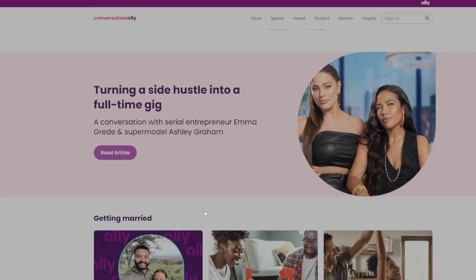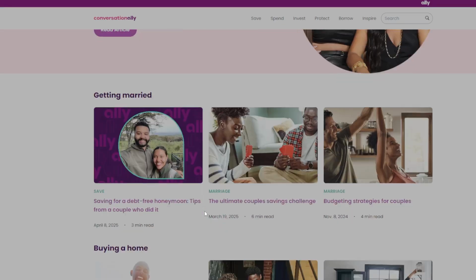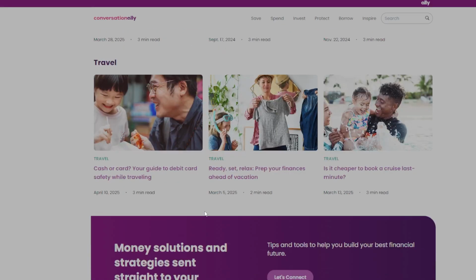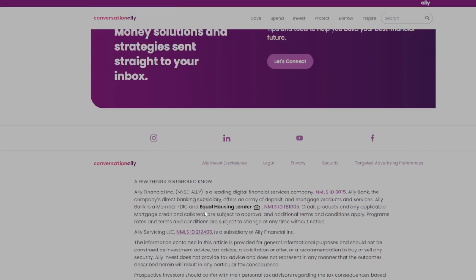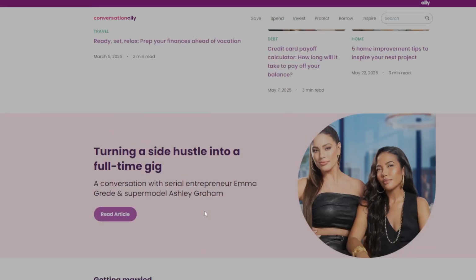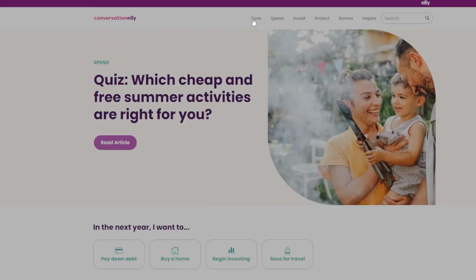Remember, you can create up to 30 buckets within your savings account, each dedicated to a different goal. This allows you to manage multiple savings objectives simultaneously without the need for a separate account. By setting up and actively managing your savings goals in Ally Bank, you can stay organized and work towards achieving